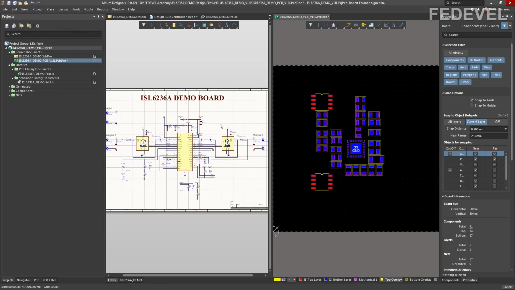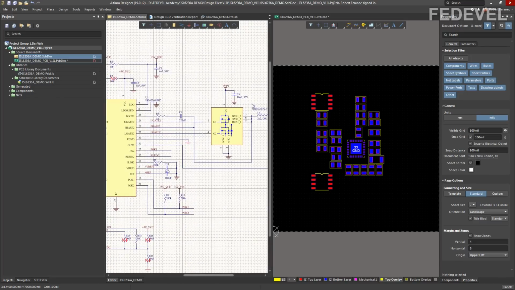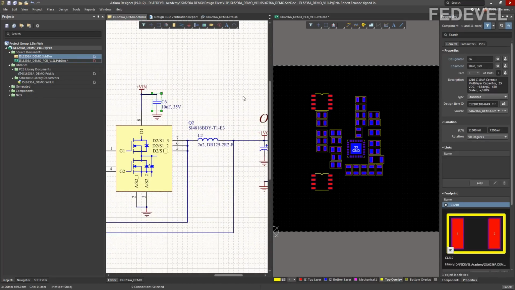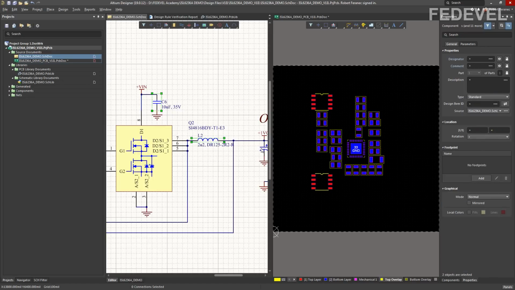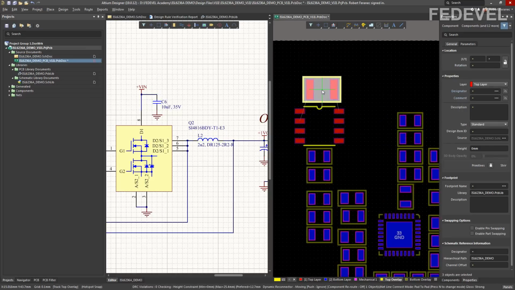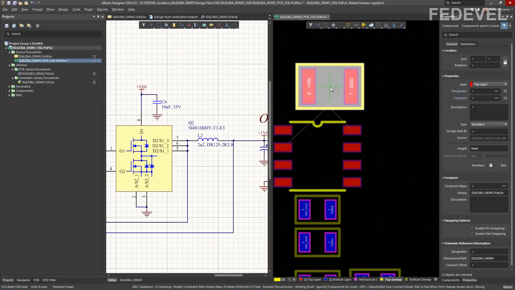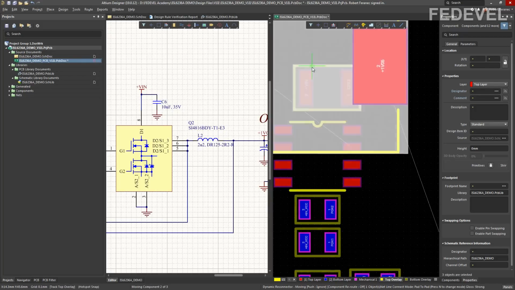Select the rest of the components around these transistors. So capacitor, press shift, select also this one and also this one. Reposition selected components, place it maybe like this.